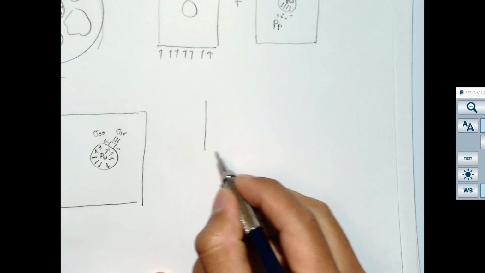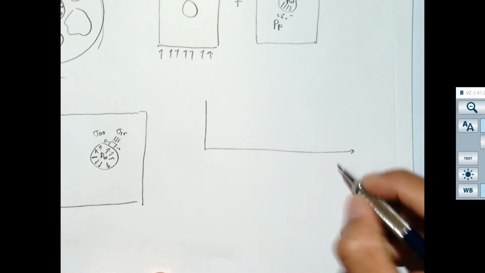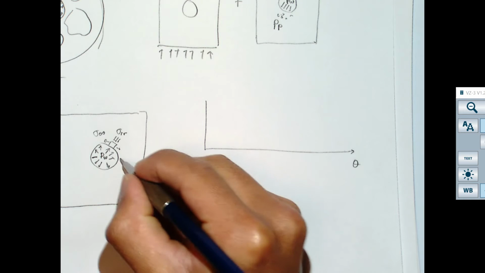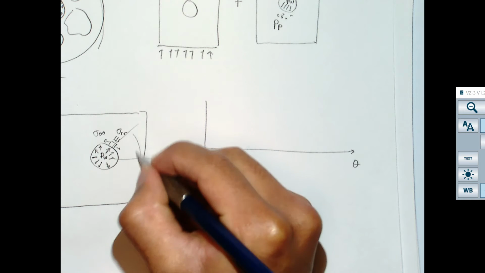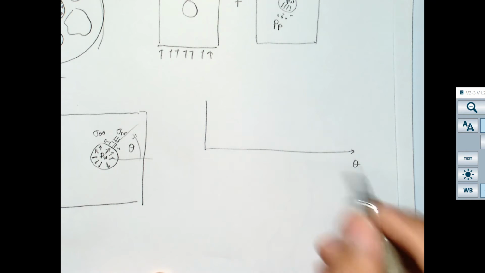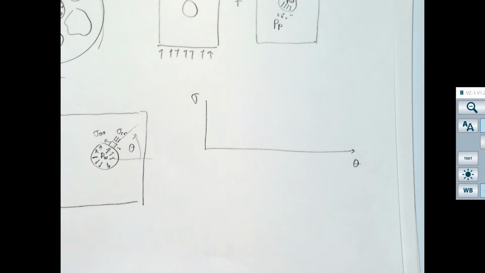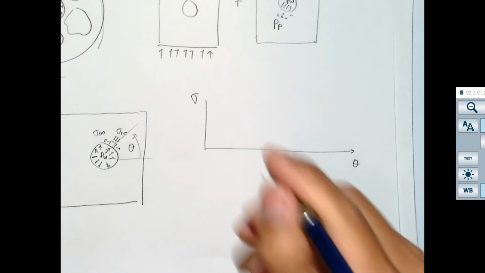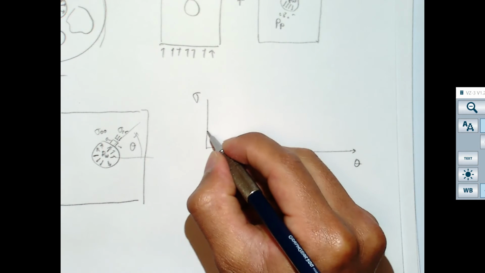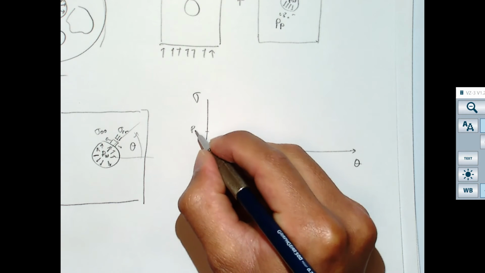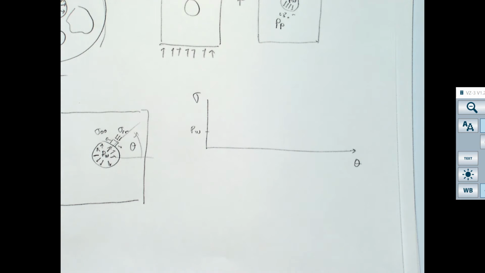So if this is again theta, and this is sigma, here we're going to have, let me see the colors I was using last time, sigma RR is going to be PW,